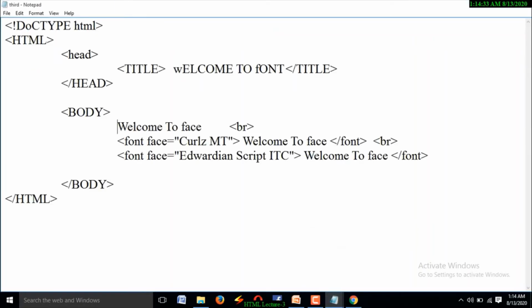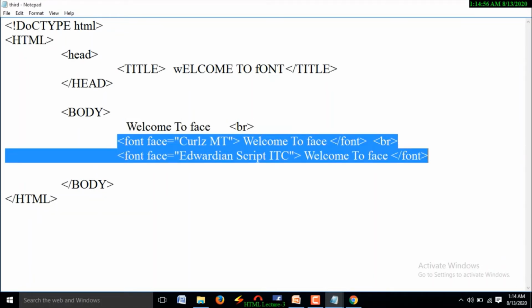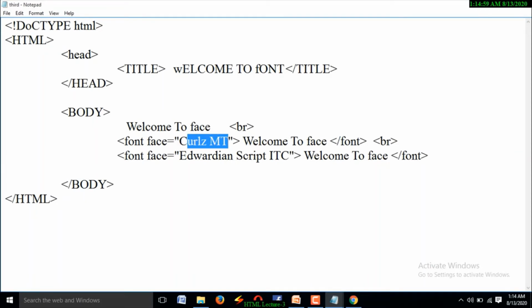Right. Finally, what we understood: this normal text appears with the original font face while developing or writing the document. Whichever font face is available with this, on the web page also the same font face appears. And coming to the font face specification, whatever font face you specified here, that font face is displayed, right? And coming to the next one